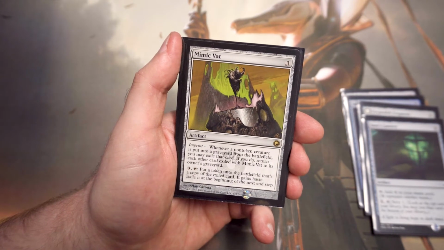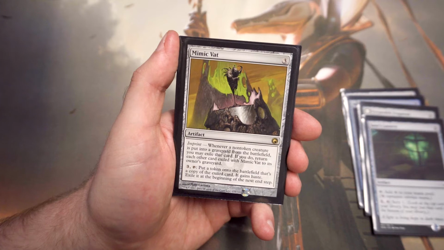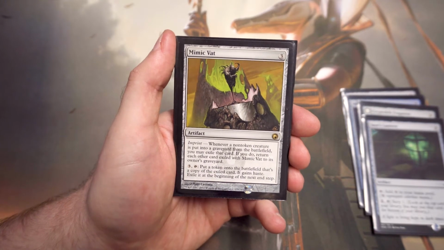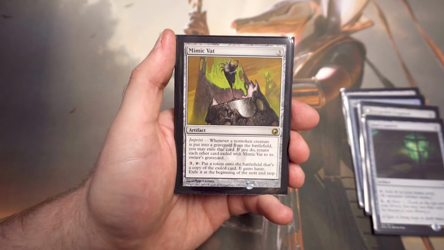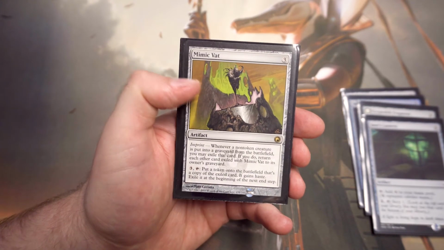Next up, we've got Mimic Vat, so 3 mana here, imprint it, so whenever a non-token creature is put into the graveyard from the battlefield, you may exile that card. If you do, return each other card exiled with Mimic Vat to its owner's graveyard, and then you can pay 3 and tap it to put a token onto the battlefield. It's a copy of the exiled card, it gains haste, and then it's exiled at the beginning of the next end step. So you're going to be able to abuse enter the battlefield triggers with this. You're going to be able to get yourself something even bigger than you could possibly have for 3 mana there,